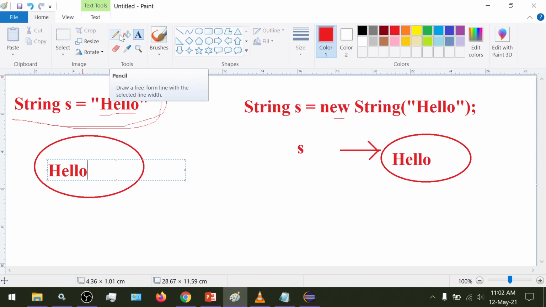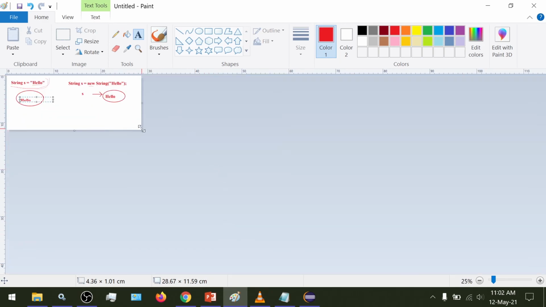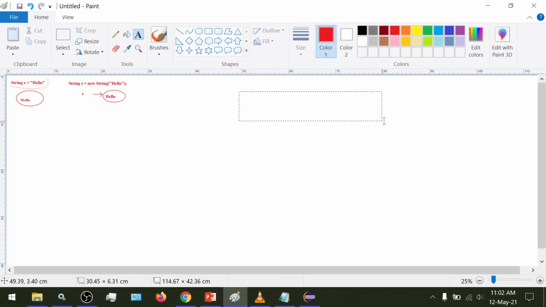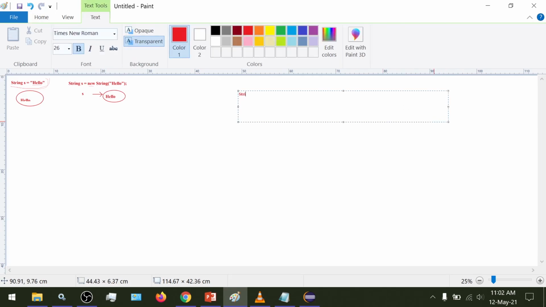So you might wonder what is SCP. So we will discuss that. So SCP or the string constant pool, the string constant pool SCP.